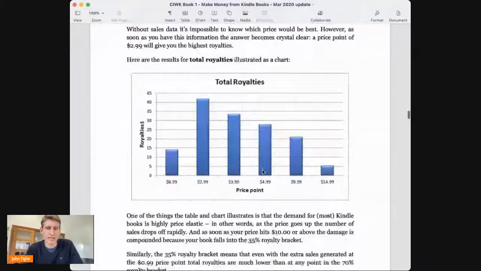And here it is, exactly the same numbers, but in graph form, like a bar chart, so you can see it there. And it's very, very obvious if you put it in that context that in this case, $2.99 is going to be the sweet spot, as I say. This is for a standalone book. Bear in mind, it's going to be different if you have a big following. If you've got an email list where you can send out emails to people and get fans coming in and buying your book, you're going to probably have a higher price point.